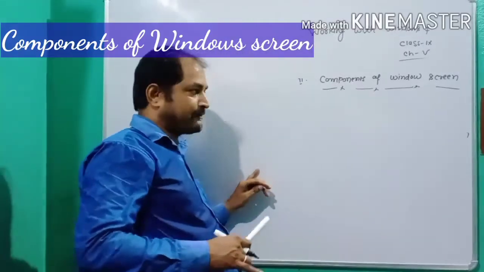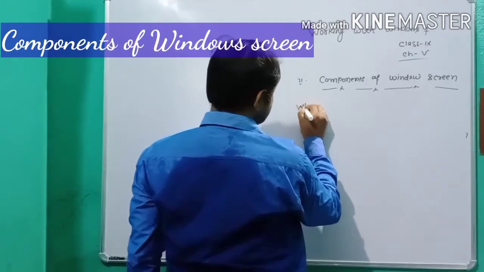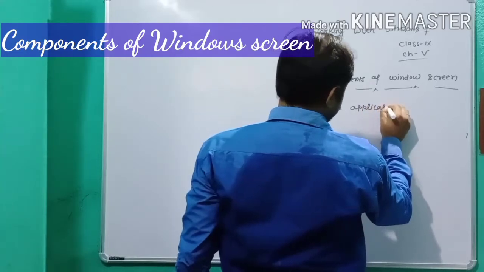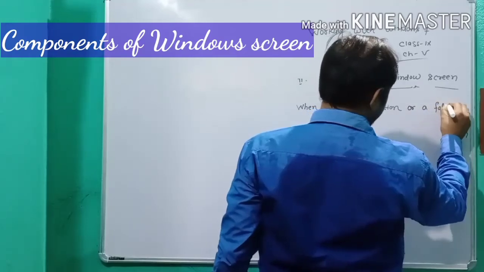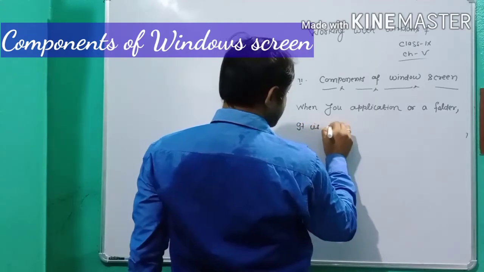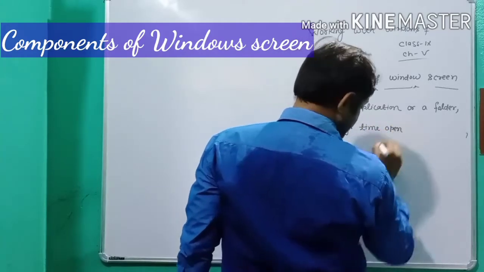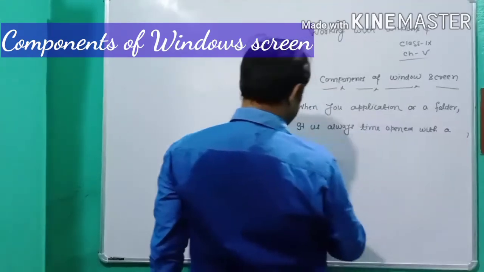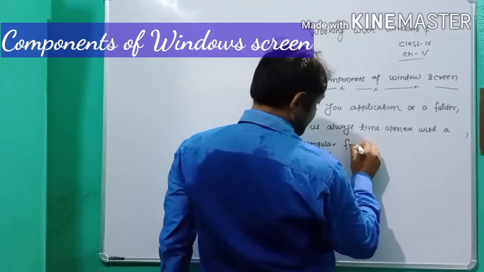There are basically two types of window. I write down: when you open an application or a folder, it always opens with a rectangular frame.